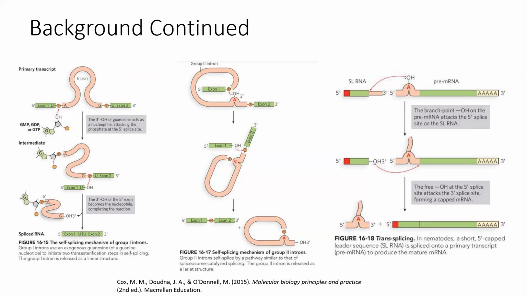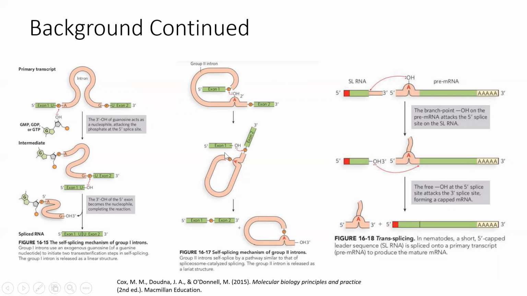Then the 3' end of the 5' splice site attacks the 3' splice site and ultimately completes the reaction. The next group is group 2, and it's shown in the center figure. And it basically works in a similar fashion to the spliceosome, but it depends more on the RNA structure to